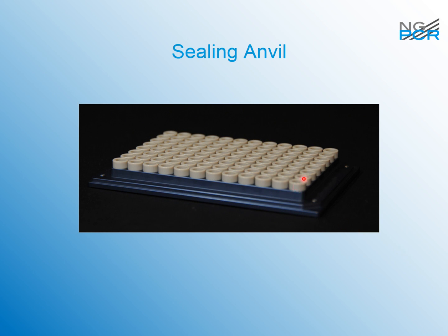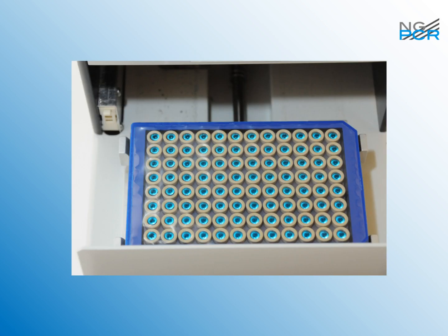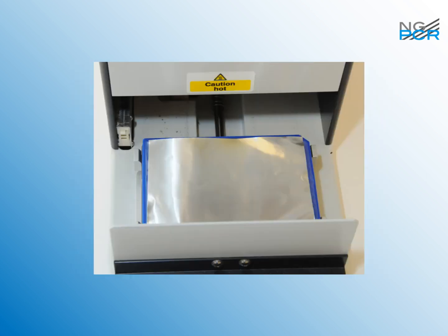It has 96 individual cylinders, and each cylinder supports the foil around one well. Next slide, you can see that we put it in a sealer, in a standard sealer. It could be any sealer. This is a K-Bio one, the 40 tubes work, any sealer will work. It's filled with liquid. We put a heat seal on it,